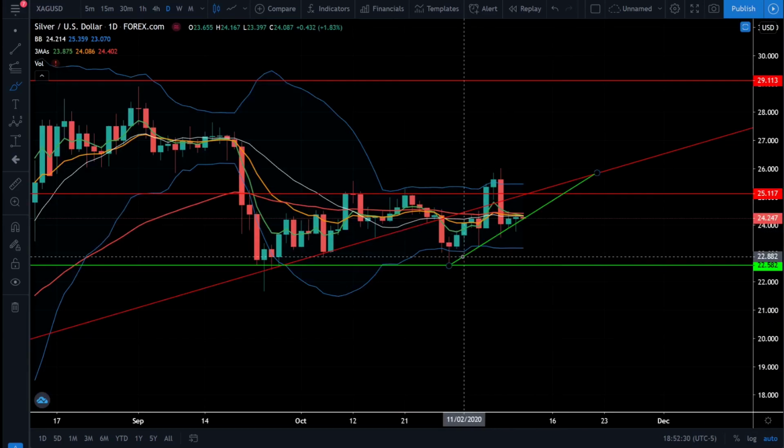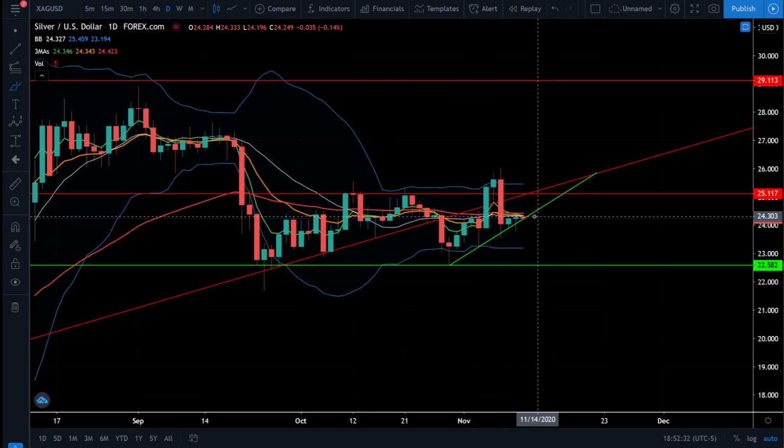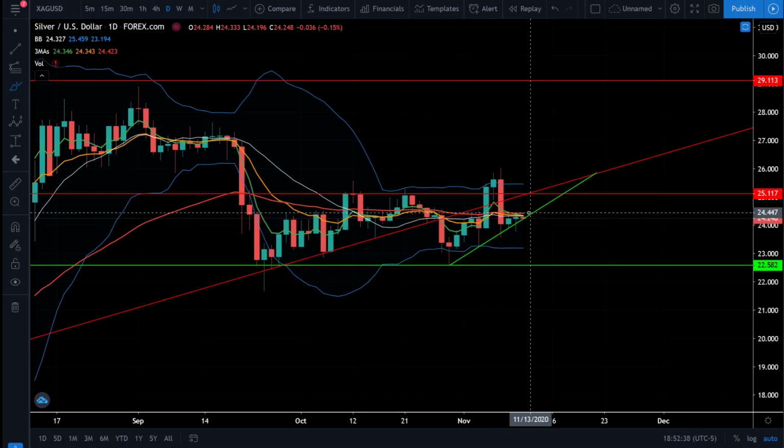Next up, silver, and we see silver holding up above the support trend line, and it looks like it's still consolidating and hanging around all of the moving averages. So when we see price action consolidating around the moving averages, it's like building energy in a spring, and we're likely to see a huge move on silver to the upside or the downside very soon. We don't want to make any assumptions, and we just want to watch it and see which direction it's going to break, and then we'll know which side of the trade we want to be on.